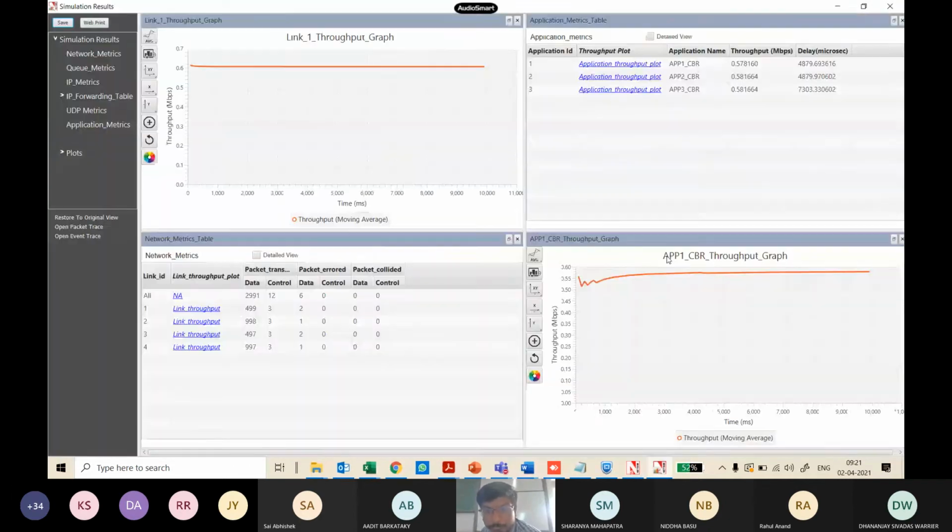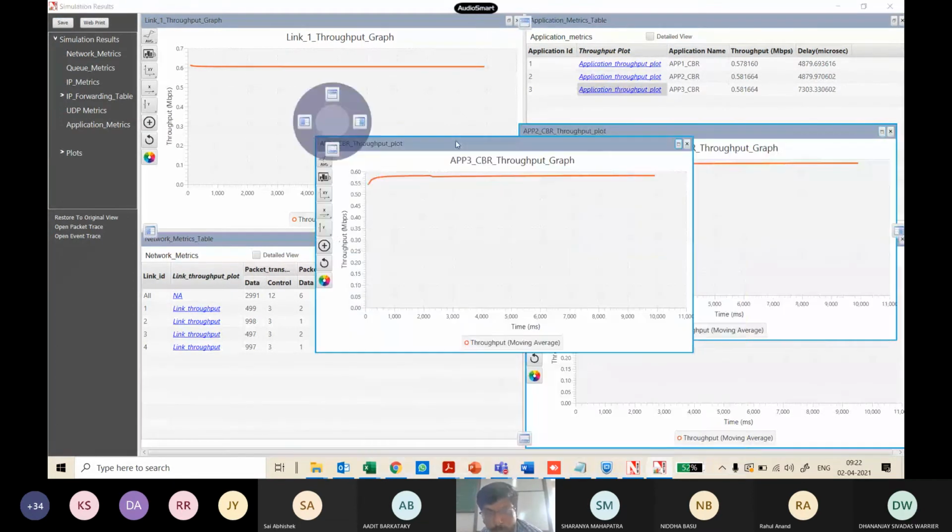You see that if I click on every application, I will see the throughput graphs. Now this is a moving average window. Over time, you see that the application throughput is around 0.6 Mbps, something around 0.58, 0.57. Every application you see, the throughput is not getting really affected. Whatever you're generating, some propagation delay is there, not much queuing because there's no bottleneck now, right? And all of them are nearing that, so 0.58, 0.57. All these plots over time, you see the throughput is constantly that value.